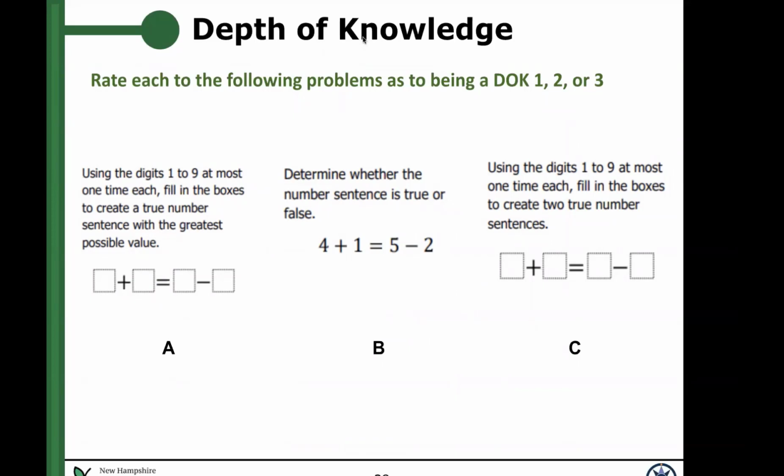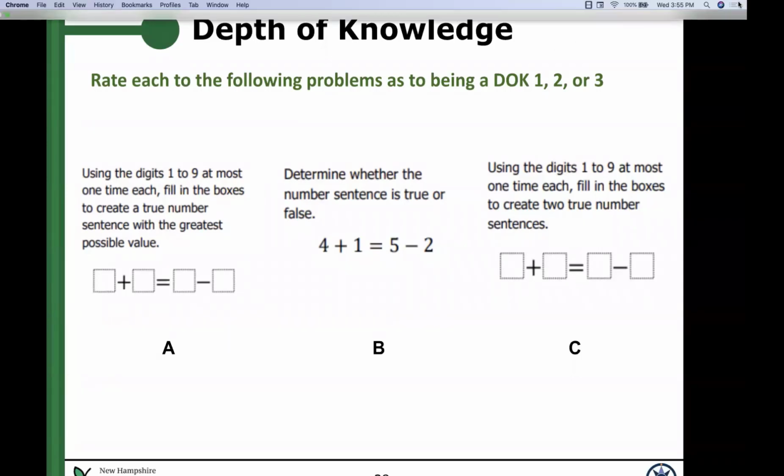So Robert Kaplinski has some nice matrices that you'll find in the folder tomorrow when you get the link, as to what differentiates in math a DOK 1, 2, or 3. DOK 4s in math are usually those longer performance tasks where you're applying multiple standards and strategies in one thing. So here we can start out with B as our DOK 1. Just determine whether the number sentence is true or false. Students have to know their math facts. They really can't answer the question without knowing that. So that's just saying, do they have the basics down?